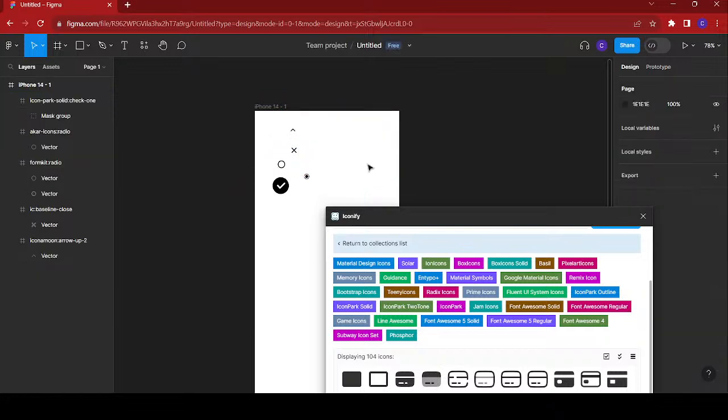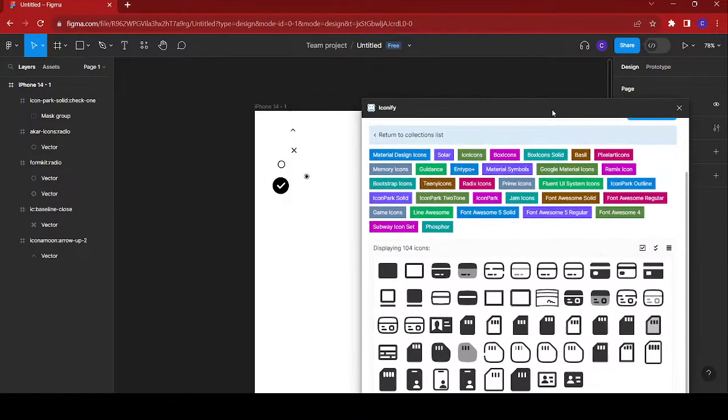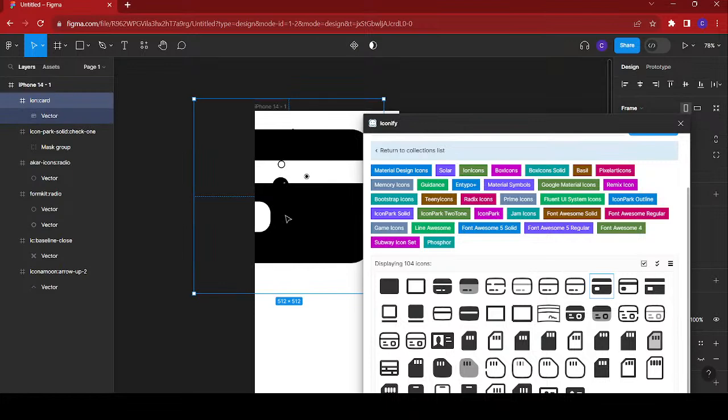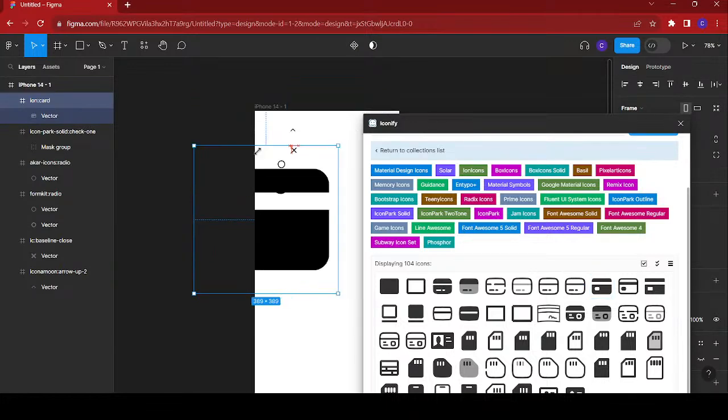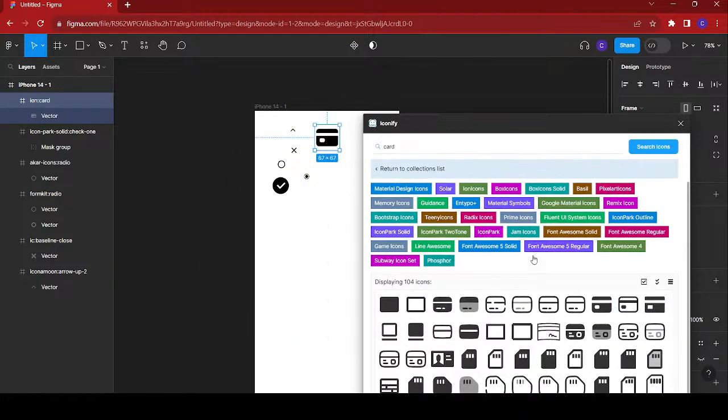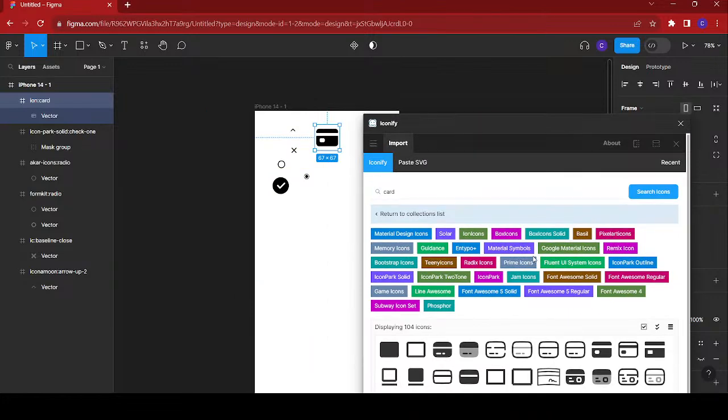I'll delete it and select another one. All right, let me select this one, just to reduce the size. Now, I need